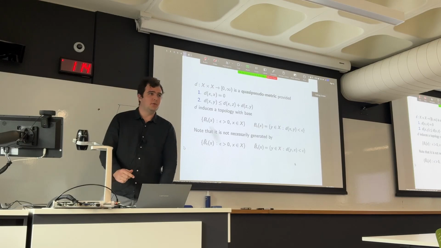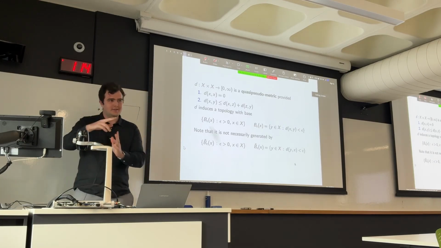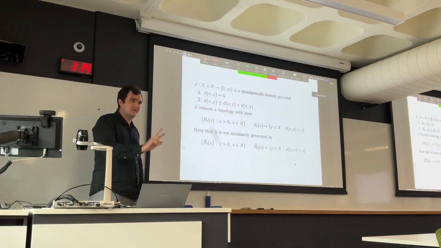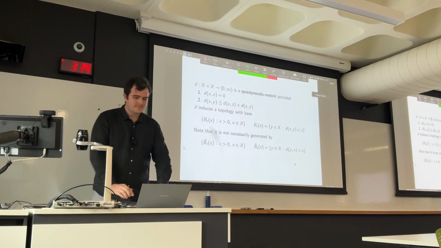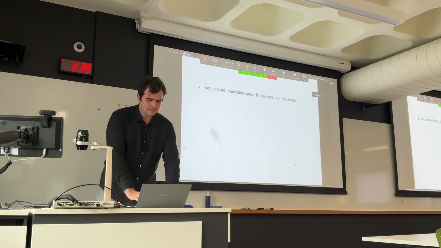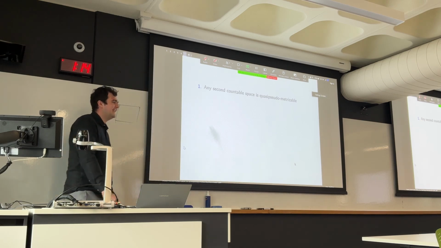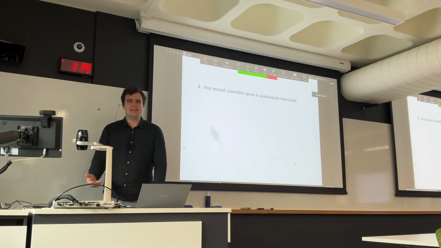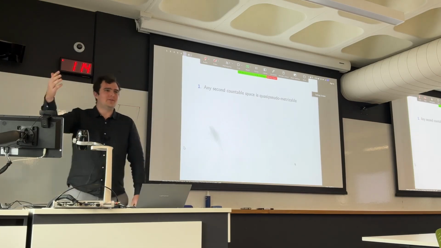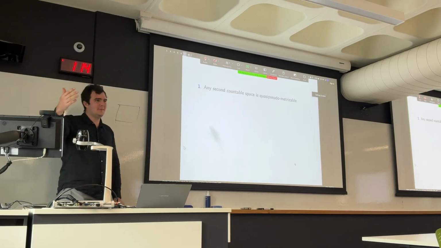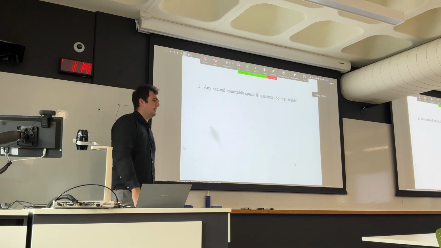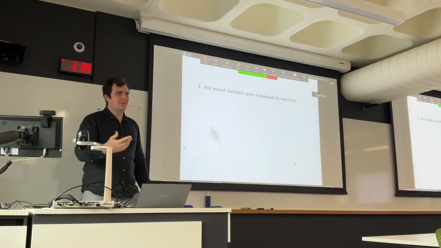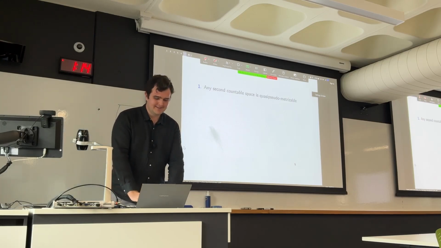It's also the reason I'm putting the distance between x and xn goes to 0, because the ordering matters once you lose the symmetry property. Cool. So we have some nice properties of these quasi-pseudo spaces. Any second countable space is quasi-pseudo-metrizable. We had regular, we had metric. When we had T3, we had pseudo-metric. Delete all the separation axioms so that you only have second countable. Now you're quasi-pseudo-metrizable. It's a quasi-pseudo-metric that generates your space.